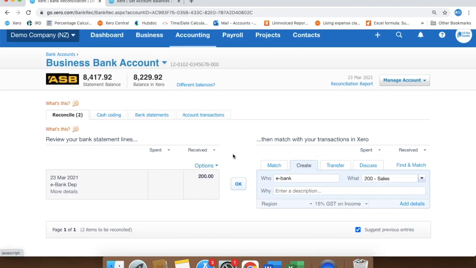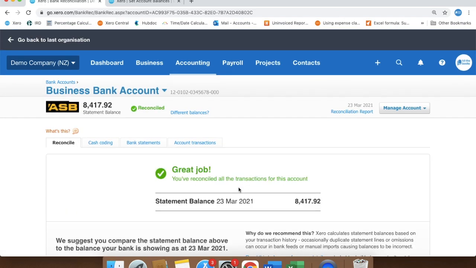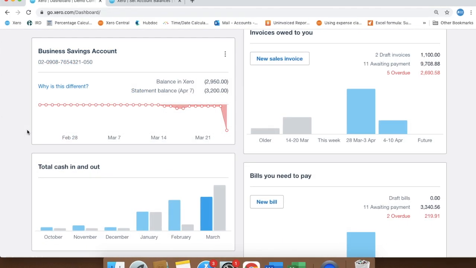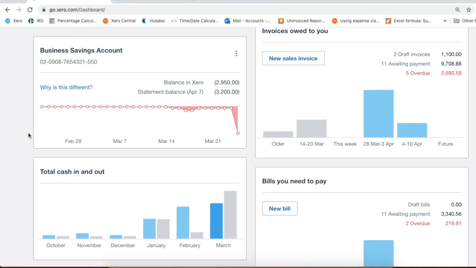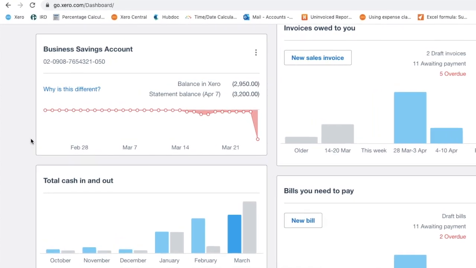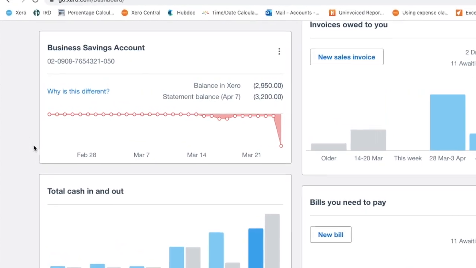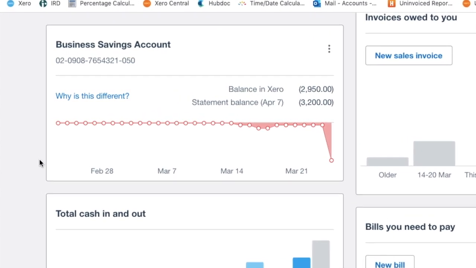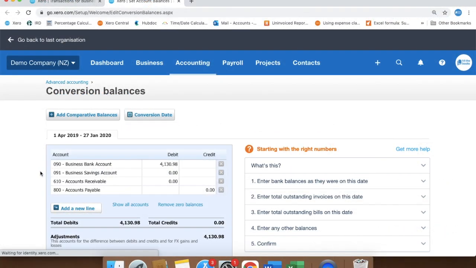When you have reconciled all of your lines, your statement balance and balance in Xero should match. If they don't, this indicates that there is a problem with a number of reasons. For people starting out using Xero, the most common reasons for the mismatch is that opening balances haven't been entered in the conversion balance screen,